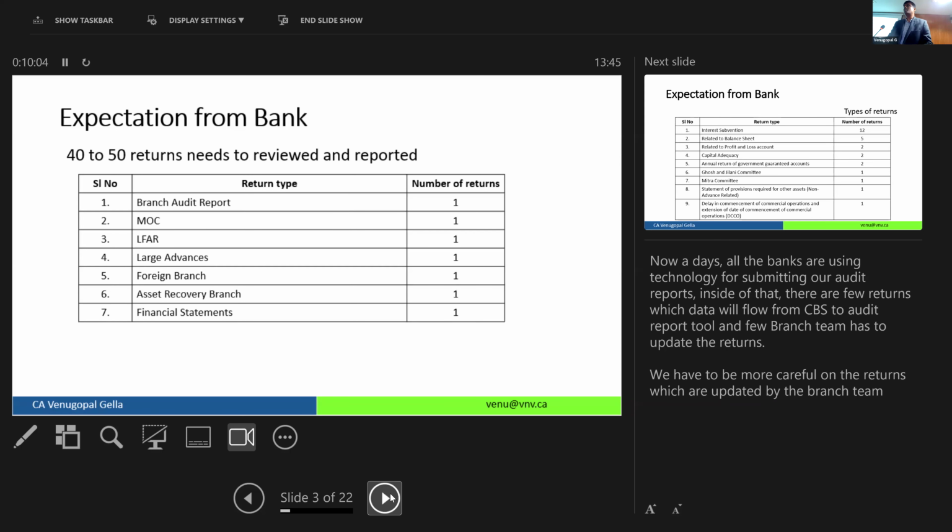So what is more important when you're going to the bank branch audit is to first check your digital signature is valid and not expired. If it is expired, please get it renewed. Of course, today the digital signature renewal is just a 15 minutes job. This is something that you have to do.